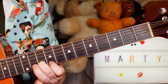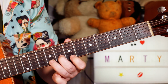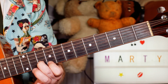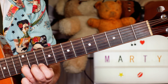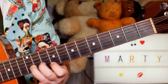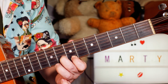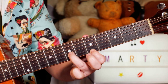And then we got G and B, A and C sharp, so we're going from 8 and 7 to 10 and 9 to 12 and 10, back to 10 and 9, back to G and B on 8 and 7, down to F sharp and A on